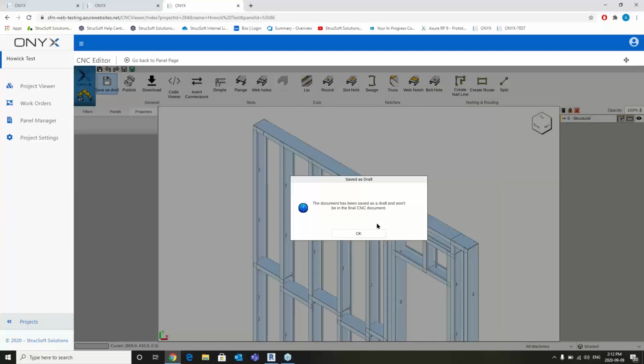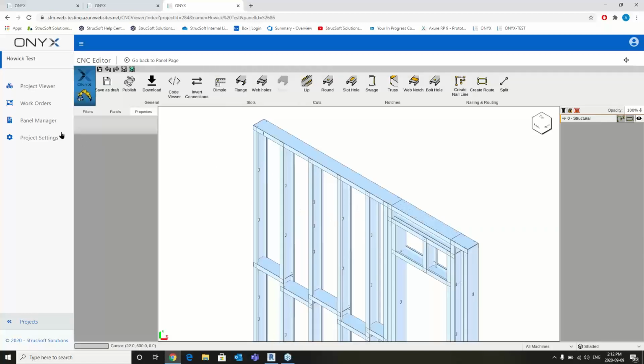let this load, won't be in the final CNC document. Okay, so this is what I was just saying. You get that little warning. If I hit OK, and if I go back to my panel manager,